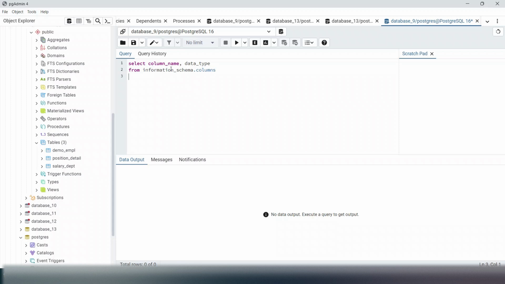and then you have to say from where. So like where table name or where table schema, whatever you want to know, right? So write the where, then table name, and on here we are going to inspect demo underscore l. Then if you run it,